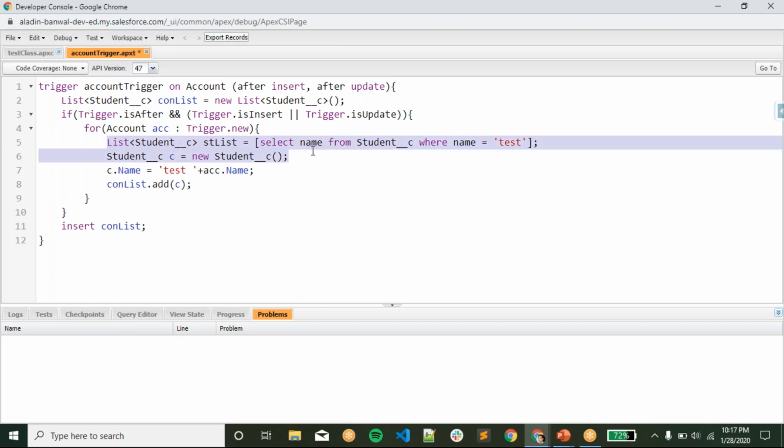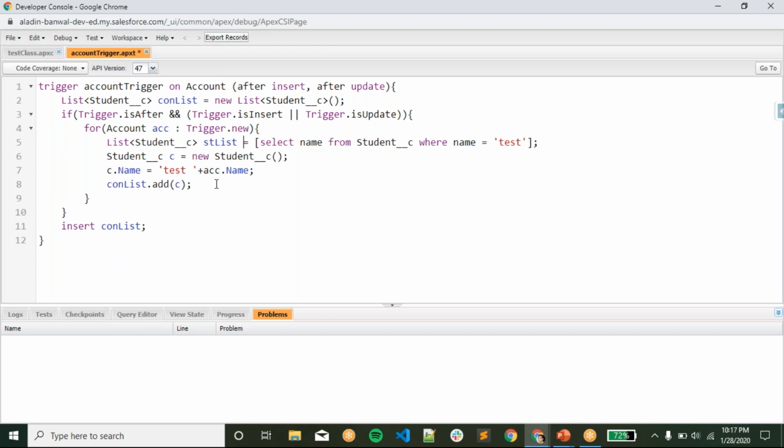We should not write this SOQL inside this for loop, because if we have 1,000 records inside this list of account, then it will go and fire every single time. We have a SOQL limit, which is 150 for synchronous and 200 for asynchronous.